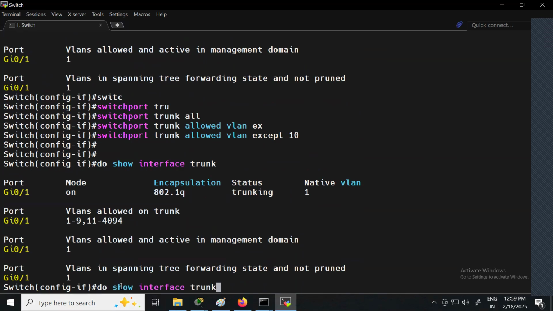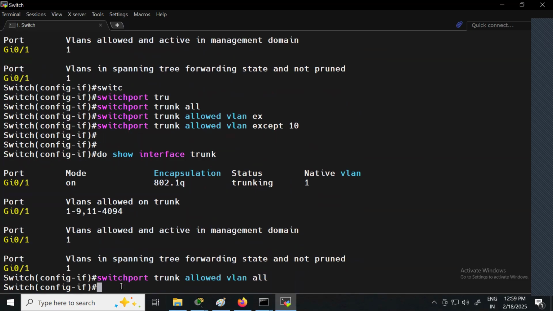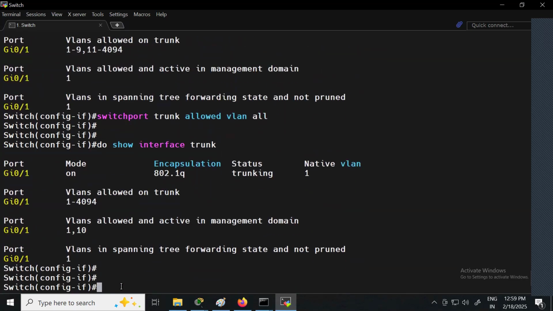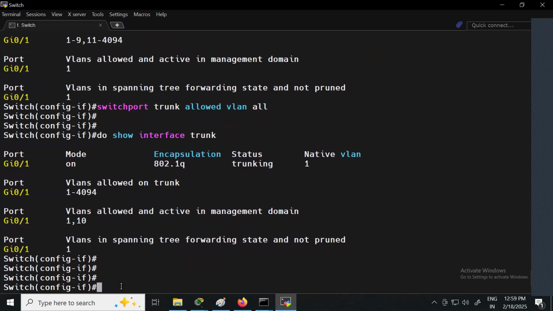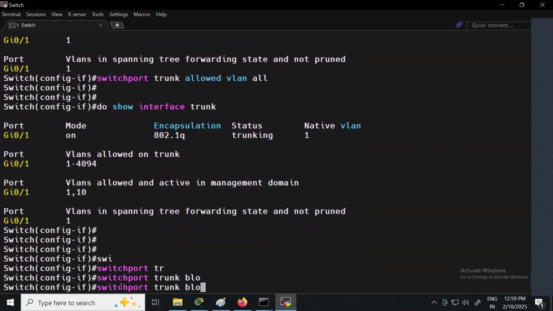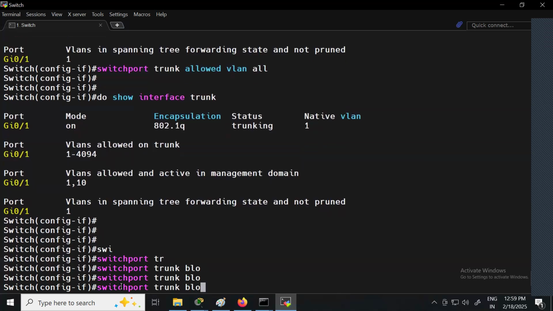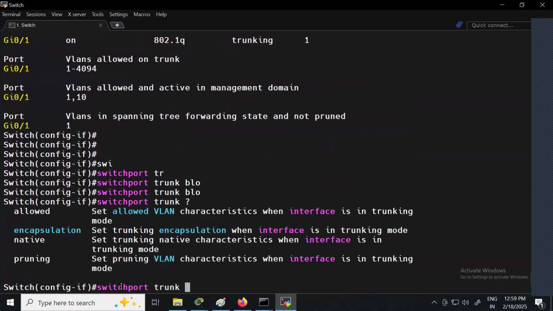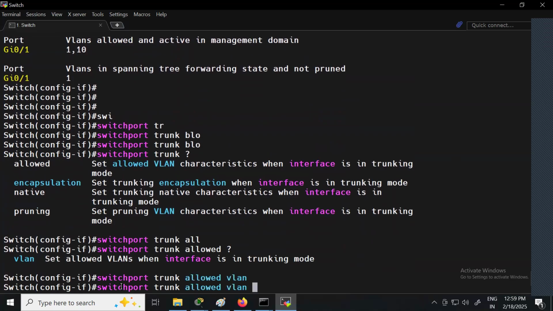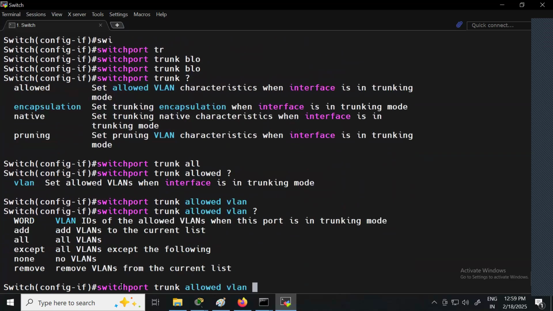Okay. So let me say allowed VLAN. First of all, I'm allowing all the VLANs. Okay, so let's check again. All the VLANs are allowed. Now let's say I want VLAN 10 to be blocked. So I'll say switchport trunk allowed VLAN, and we can remove it from here.